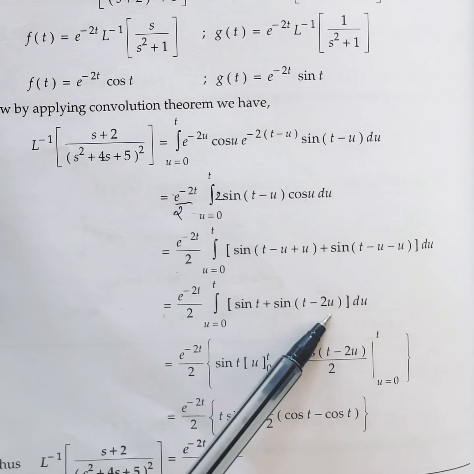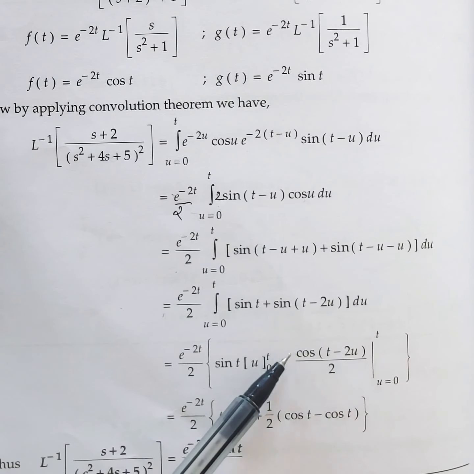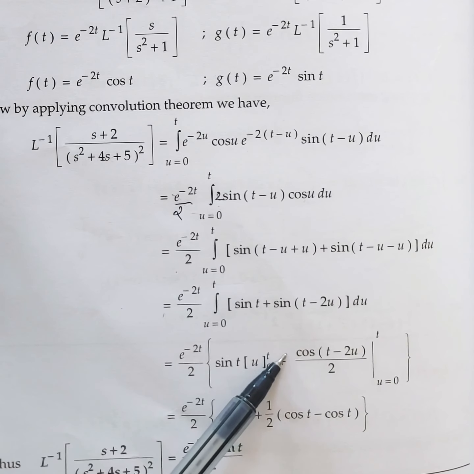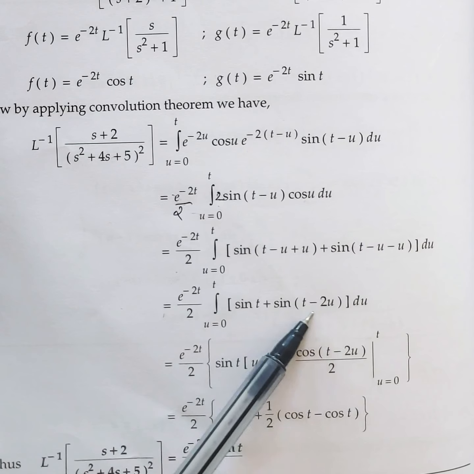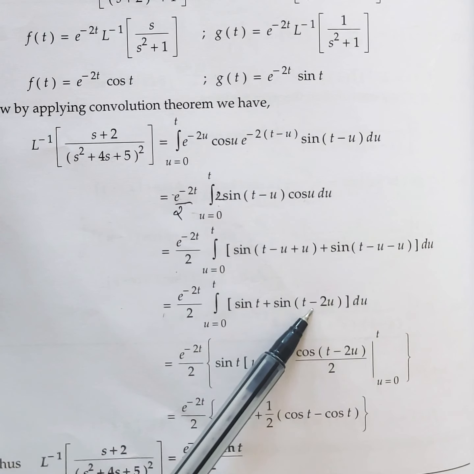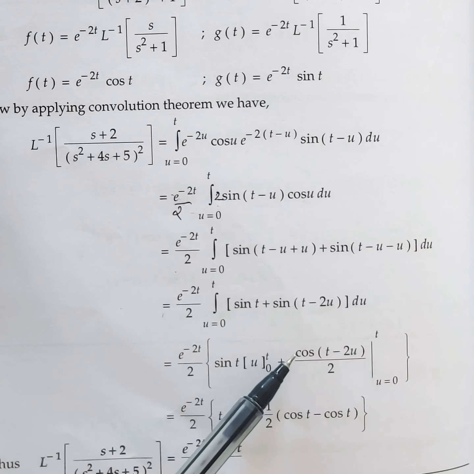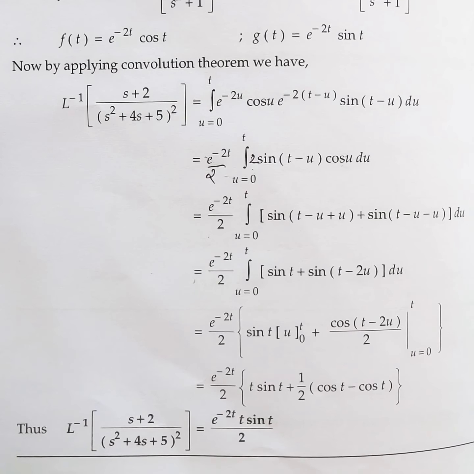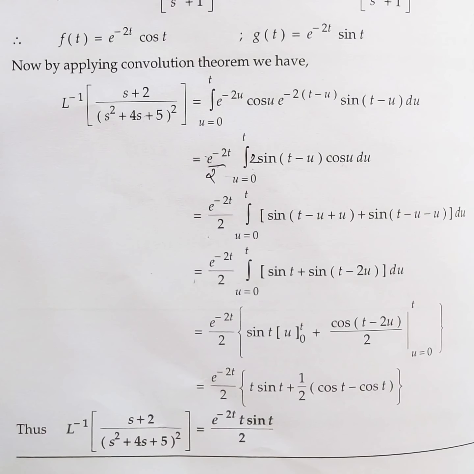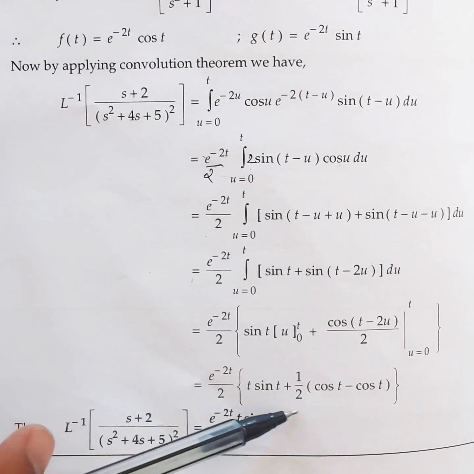So sin of t minus 2u is cos of t minus 2u, negative sign will be there in the numerator, divided by minus 2. Okay, minus 2u differentiation is minus 2, right? We will write down the constants in the denominator. That minus and this minus will become plus. So sin integration is minus cos. Because of the constant negative, this and this will get cancelled, and you got this answer.